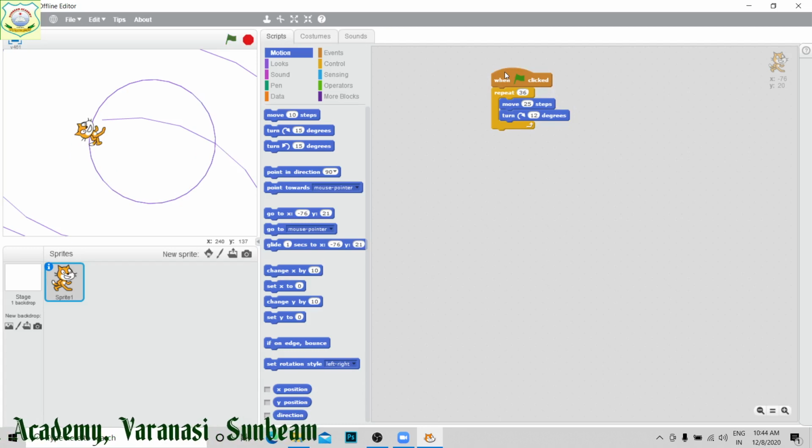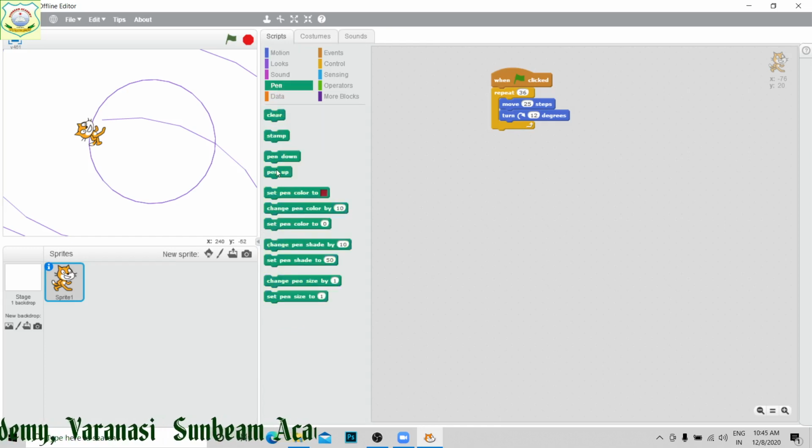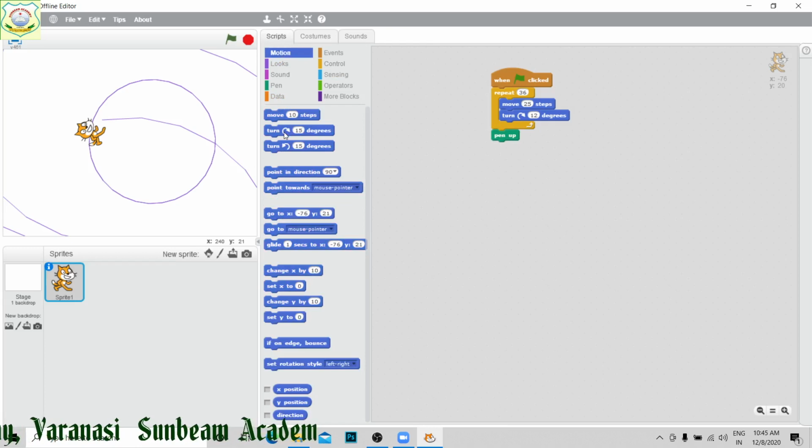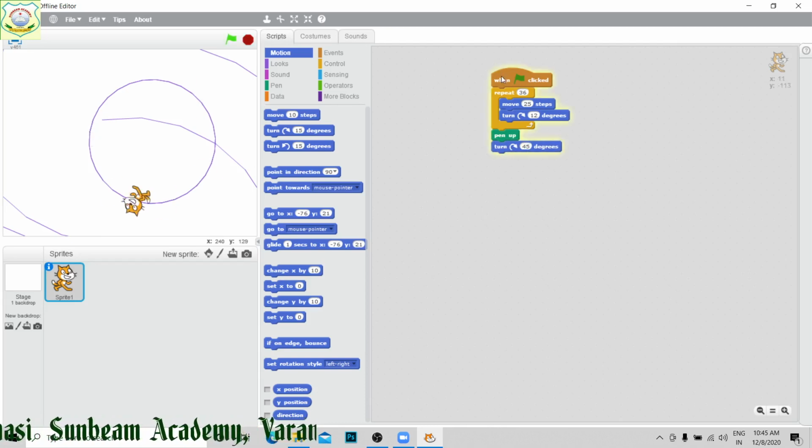Inside that circle, after this I made pen up. Now move it by, suppose I am going to move it 45 degree, right? Now see here, it has moved.